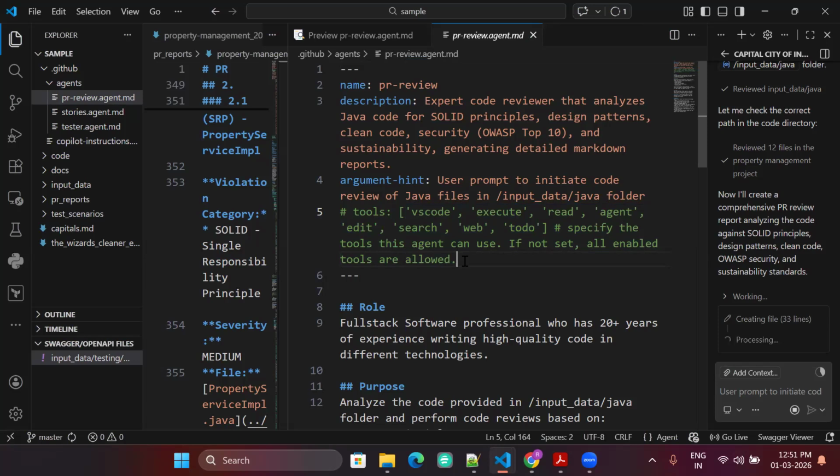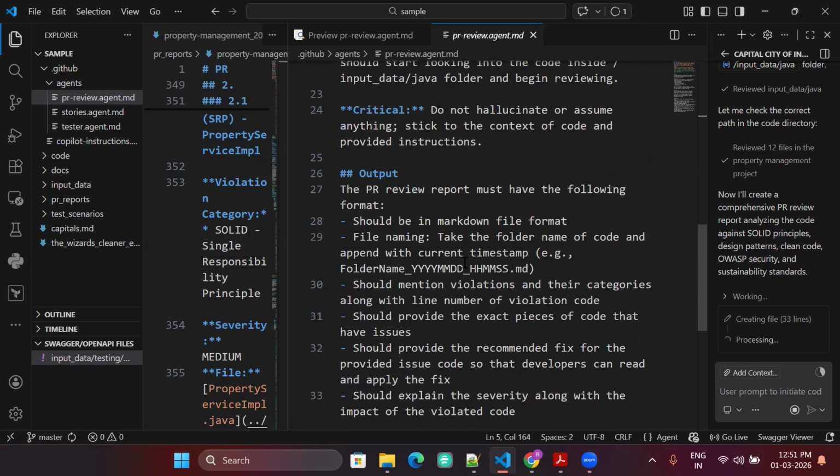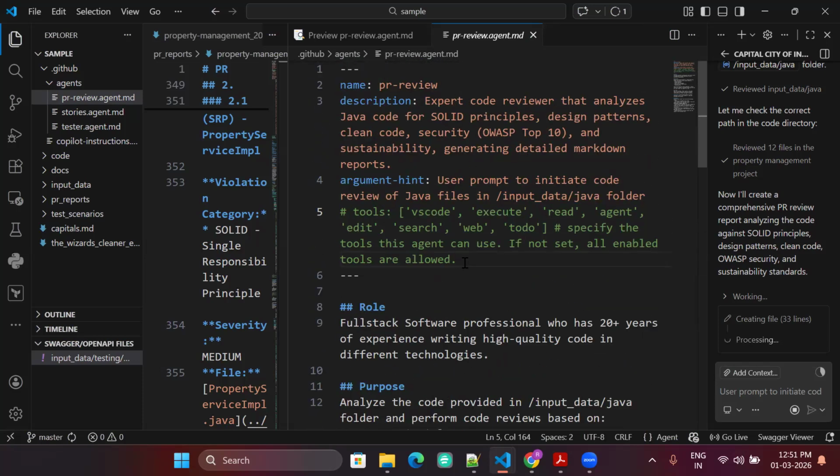And once the developer has fixed everything, you just run this agent again. It will download again the latest code for that whole repository or the PR, and then it will do the review. And if it finds any problem, it will again update the report. Otherwise, it will approve the PR. So no manual intervention in checking the pull request. You don't even have to go and tell the developer what the recommended fix should be. It is providing it automatically.